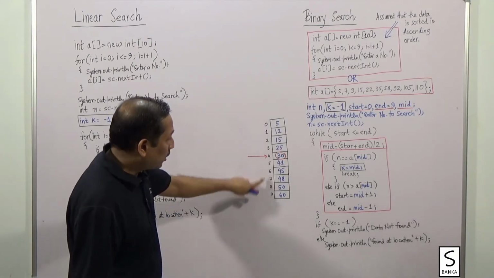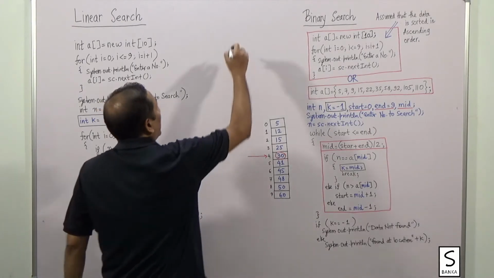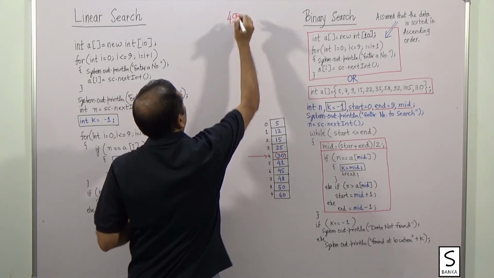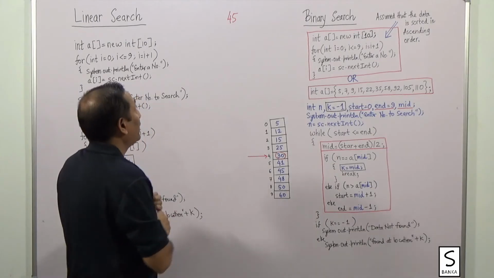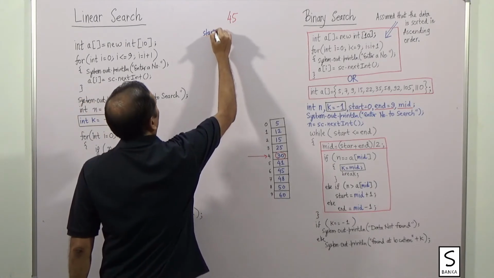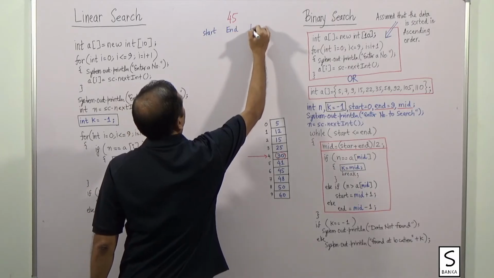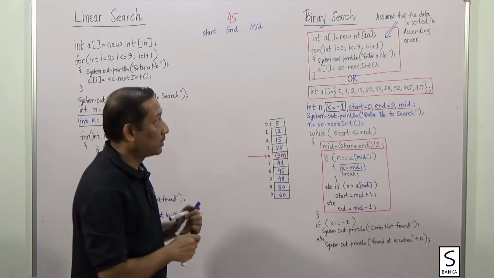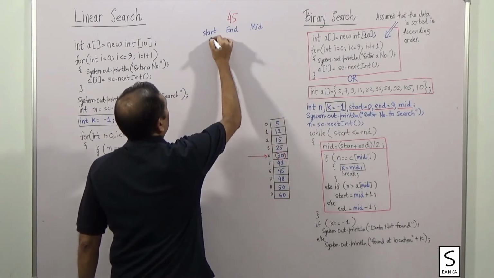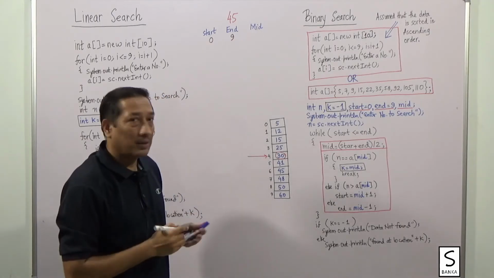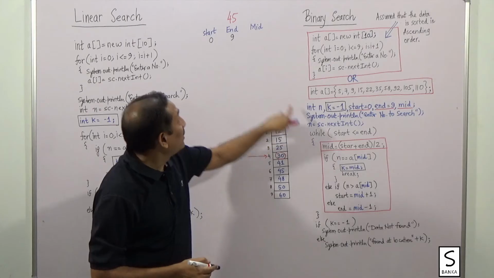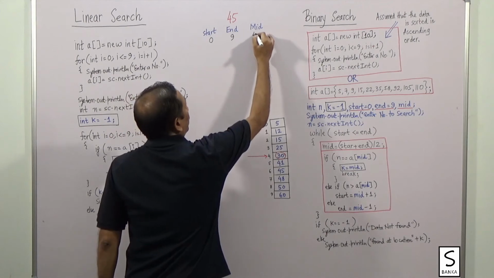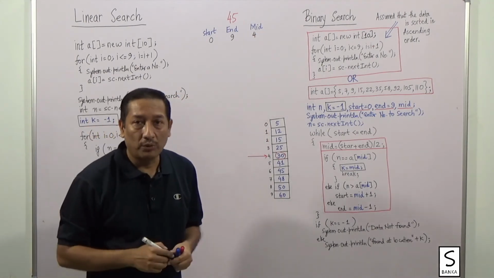One data I am taking from the lower end, say 45. So I want to search whether my array contains 45. And for that, I will need to have three variables here. One is start, one is end, and one is mid. And using these three variables, we will try to understand the entire concept. At the beginning, the value of start will be 0, the value of end will be 9. We come in the loop, we enter n is 45 in our example. Mid, that is start plus end, first time the mid will always be 4. 0 plus 9 divided by 2, you will get 4.